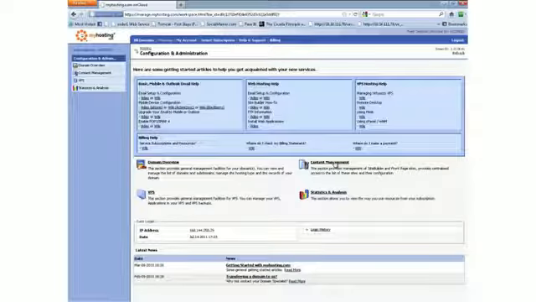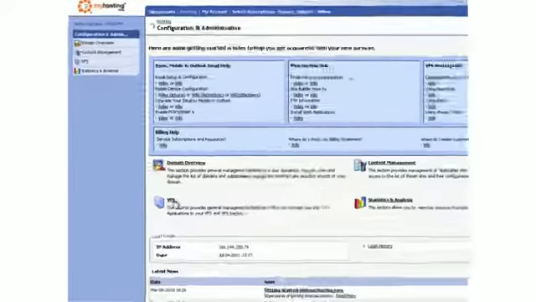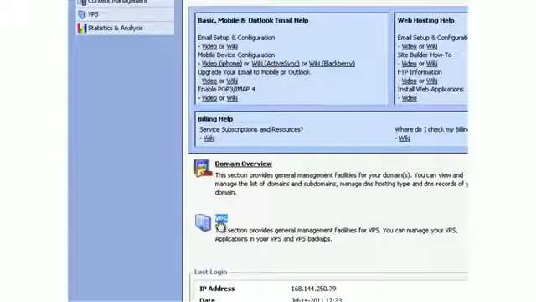From here we have a list view of all the subscriptions that you might already have in your onCloud account. So for now we're going to click on our Linux VPS. And from here we're going to click on our VPS